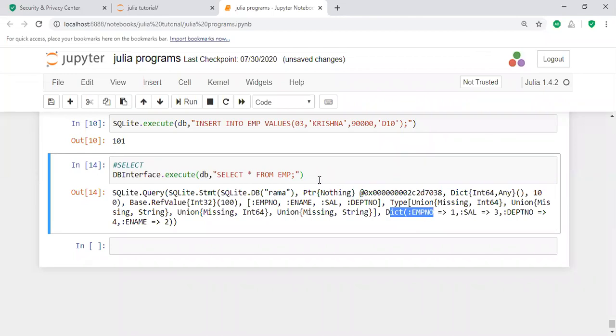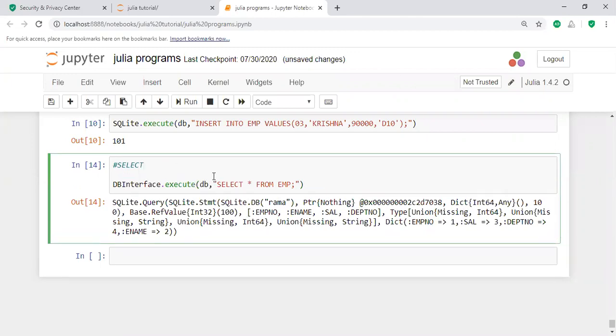If you want to see this in a particular order, you will use a data frame. I already explained data frames separately. For example, you may use the data frame here. The values are represented by using the data frame.